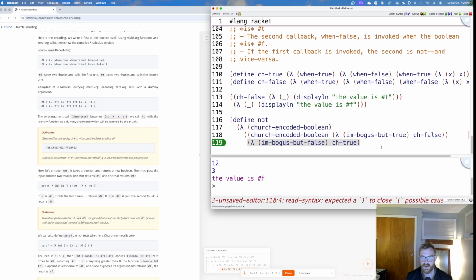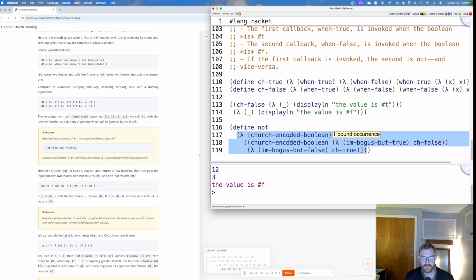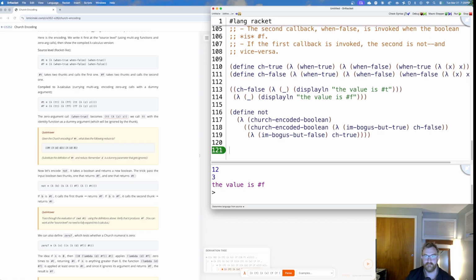All right, so we're going to define not by saying, okay, you give me some church encoded boolean. I'll call that church encoded boolean. My callback that I'm going to pass for the when true case is going to return false, and the callback I'm going to pass for the when false case is going to return true. And so